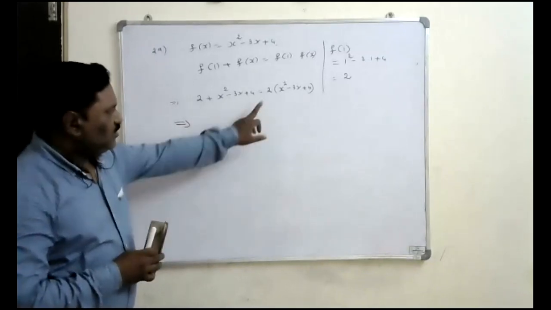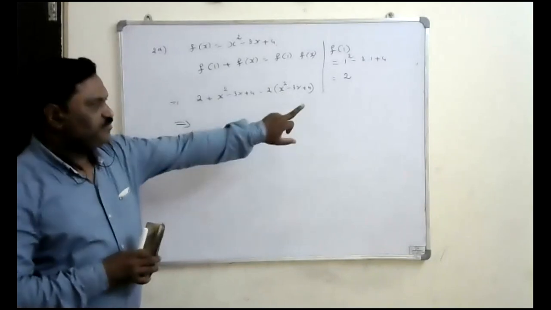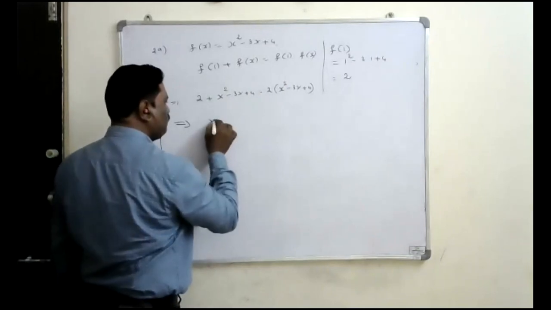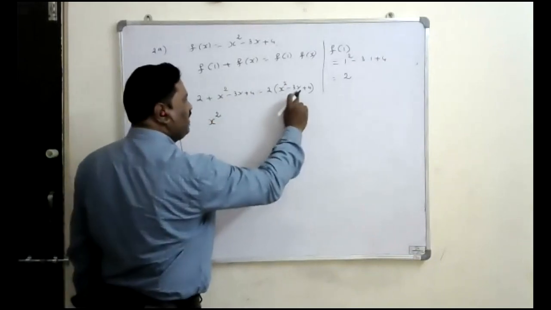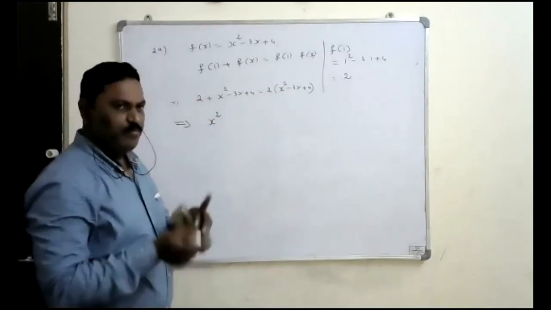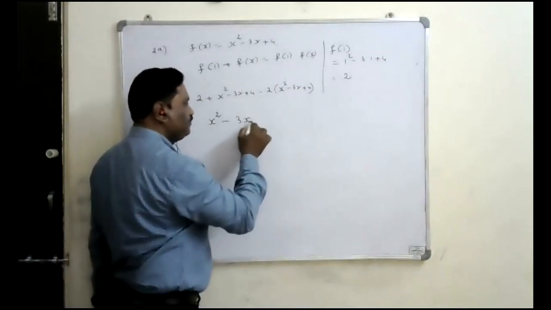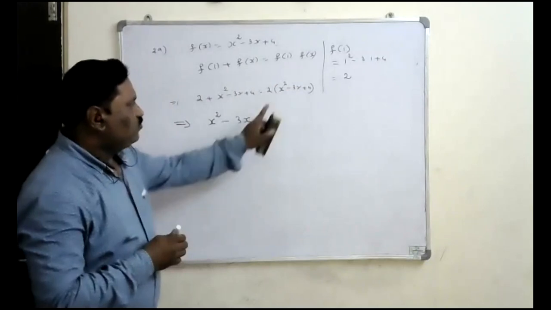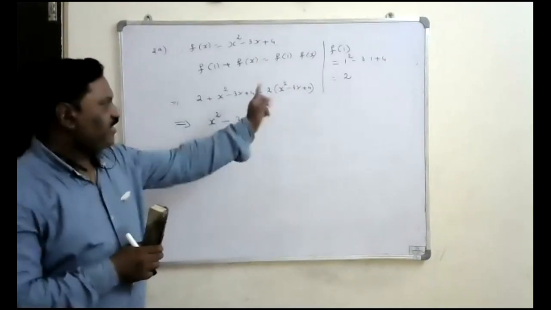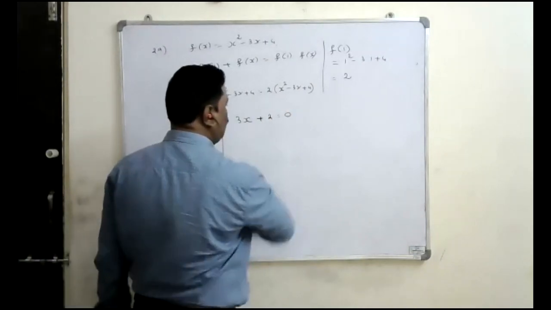To find that, if you multiply by 2, it is 2x square. Take x square from the other side, minus x square. 2x square minus x square is x square. 2 into minus 3x means minus 6x. Taking minus 3x across, plus 3x. Minus 6x plus 3x is minus 3x. Then 2 fours are 8, 4 plus 2 is 6, 8 minus 6 is 2. Plus 2 is equal to 0.